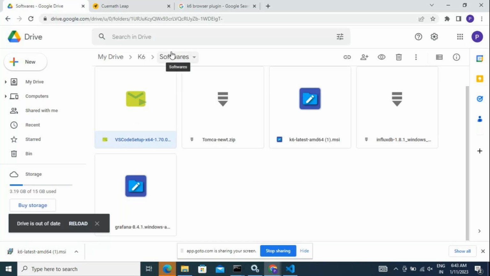You go to my drive, K6 and softwares. You can download this VS Code setup, and then again just double click it, and it will get installed on its own. There's nothing to it. You just give next. It will get installed. Nothing difficult about it. Just click, it will get installed. Okay, once you install it, right,